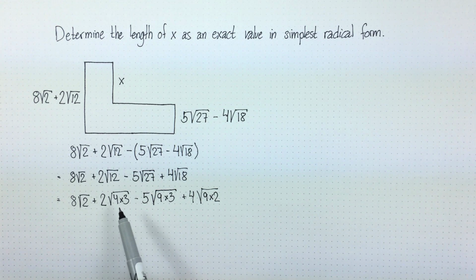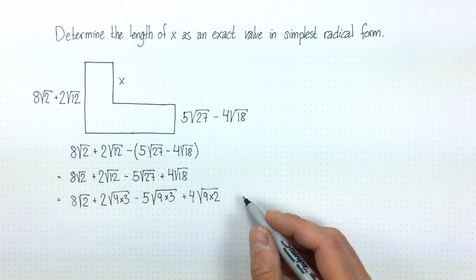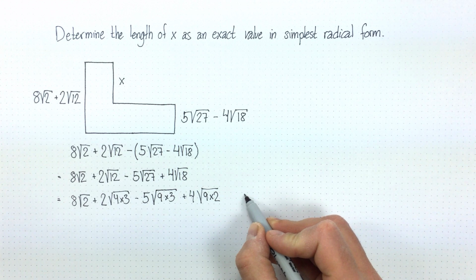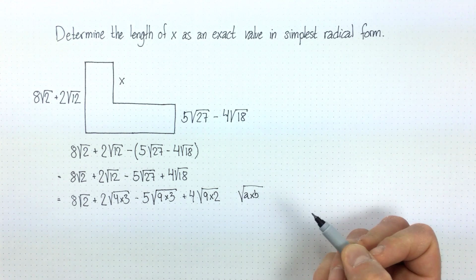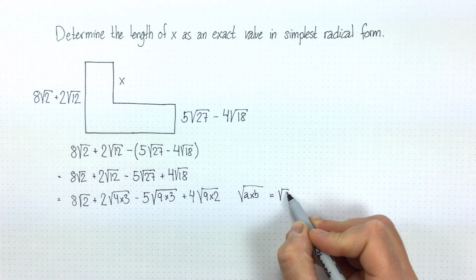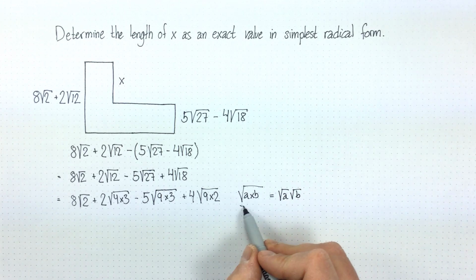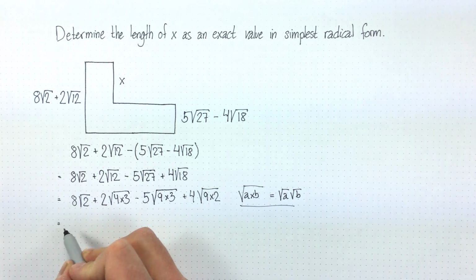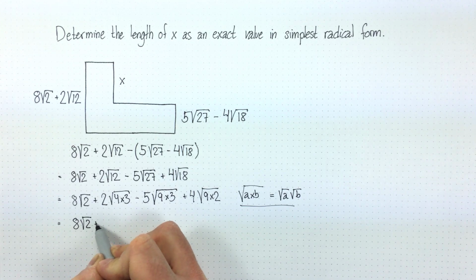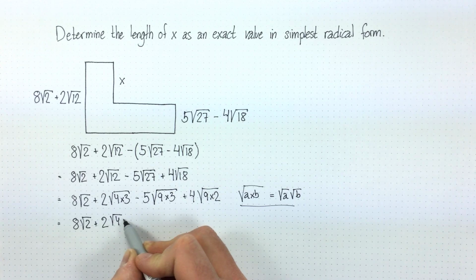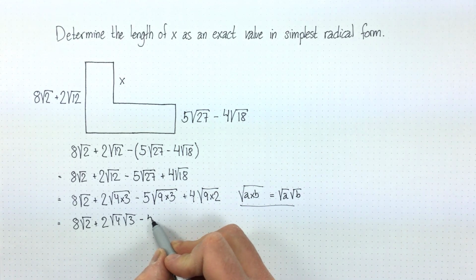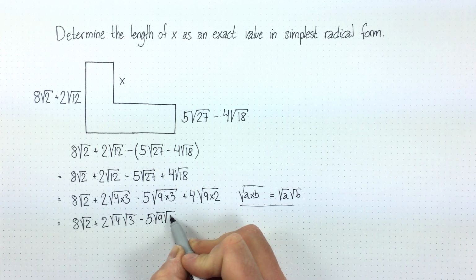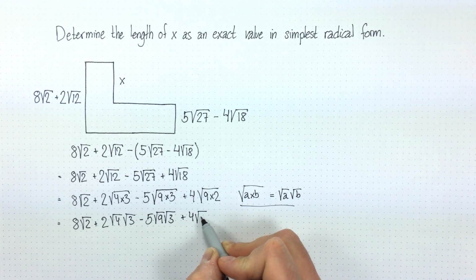Now, what we can do is split all the radicals with two terms as radicands into two separate radicals. So remember the product rule for radicals, which looks something like this. If we're multiplying two radicands like this, this can be split into the square root of the first one times the square root of the second one. Which means that we can split these three terms apart, so there are two radicals in each one. If we do that, we would get 2 times the square root of 4 times the square root of 3 minus 5 times the square root of 9 times the square root of 3 plus 4 times the square root of 9 times the